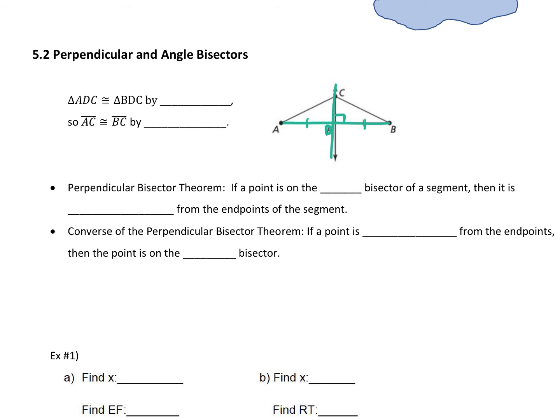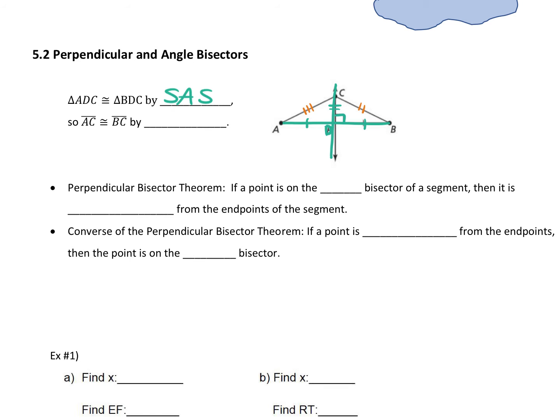Why? Angle bisector. Definition of a side, angle, side, right? This is reflexive. So the triangles are congruent by SAS,